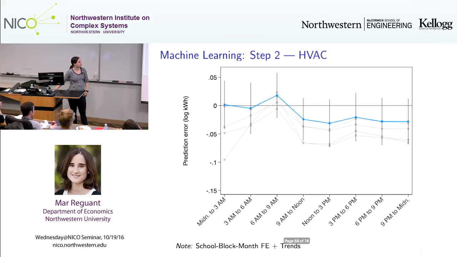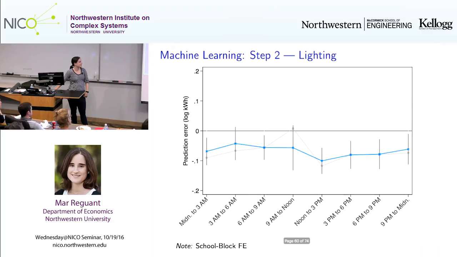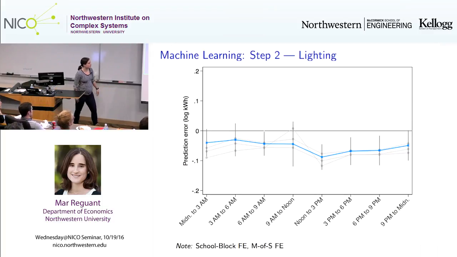The lighting ones, we have an outlier there in our predictions. It was generating this, but as long as we control enough for these outliers, then we find that they are very, very stable. And again, much more intuitive. Lighting appears to have the biggest effect during the day. It's when we are expecting to see higher reductions at these schools.